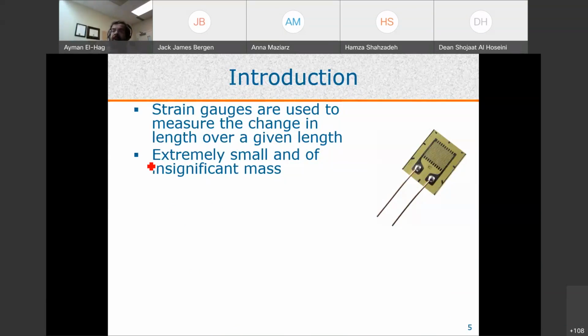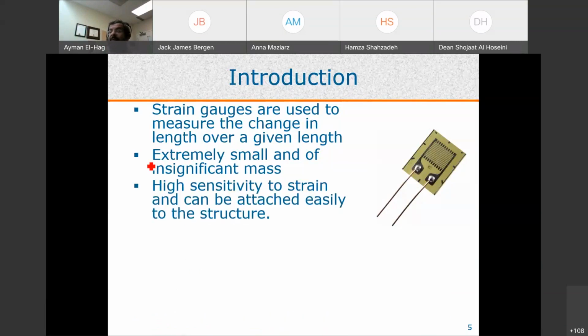So if you put it on the material that you want, on the bridge or on the rail, it does not by itself exercise a stress. Otherwise it will be bad. If it's a heavy material, then you will have a stress coming from the sensor itself, and this is not the case. Very highly sensitive, which is very important, because here, remember, we are measuring strain in, let's say, steel